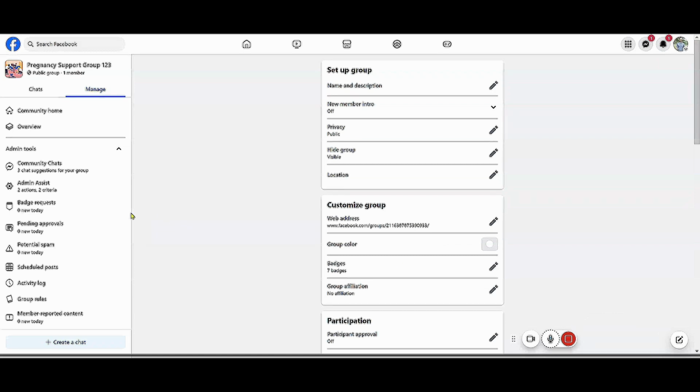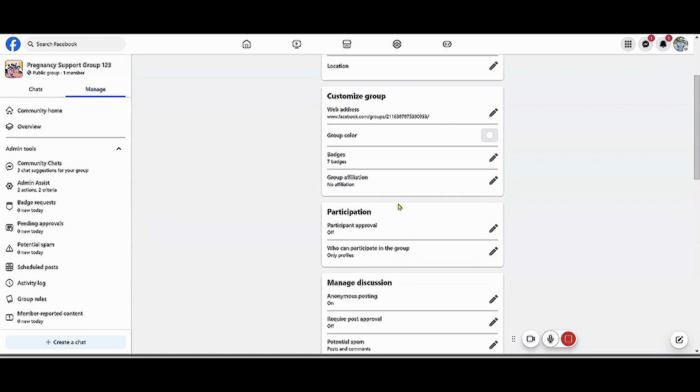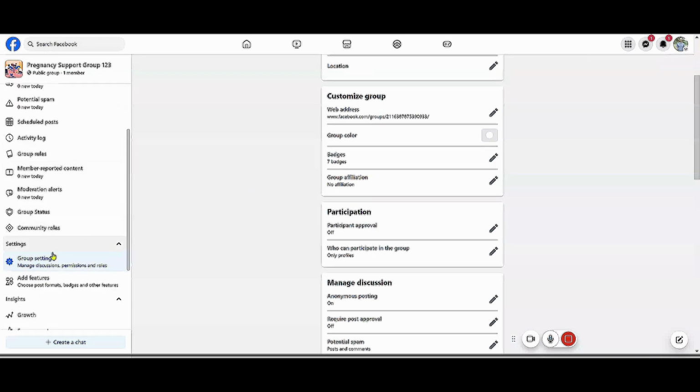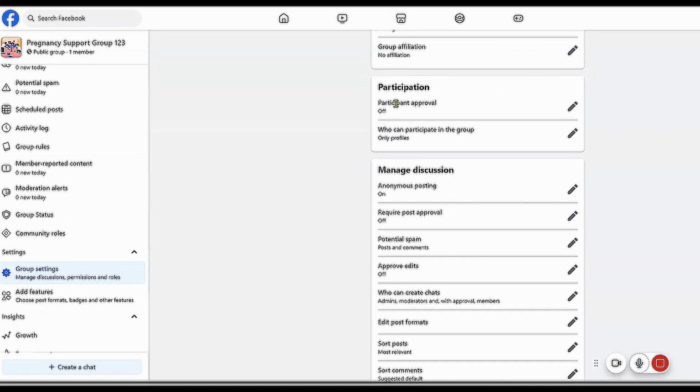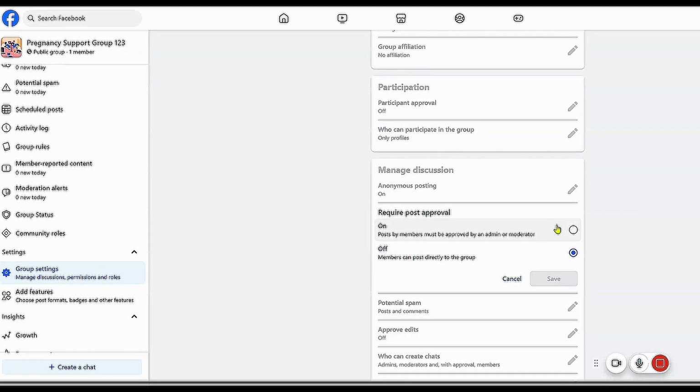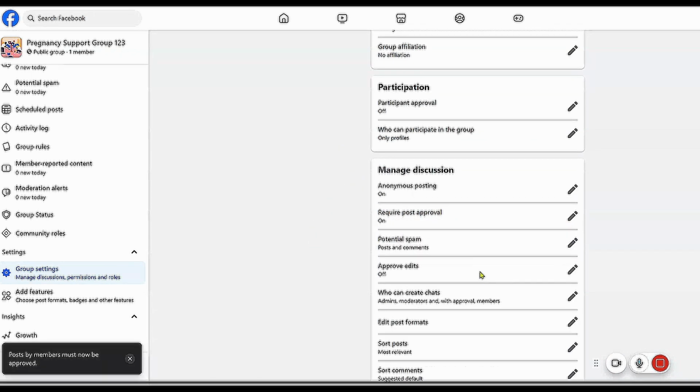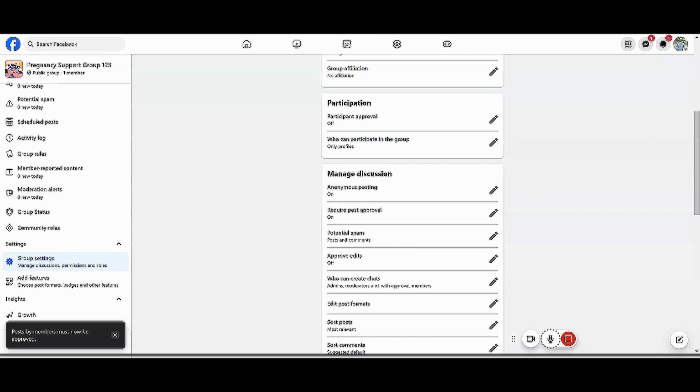The second thing I like to do is make all posts need approval, because you'll get a lot of spam in these groups. What you need to do is come down here to group settings, scroll down a little bit into participation. Who can participate in the group? Or here we go, manage discussion, require post approval. Just turn this on. This does mean that you have to approve every post, but it just makes it safer